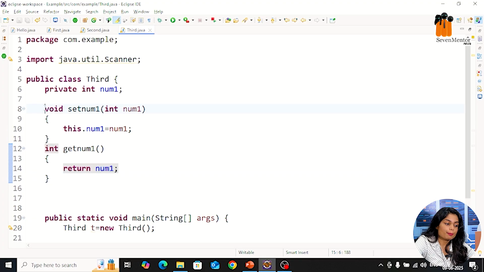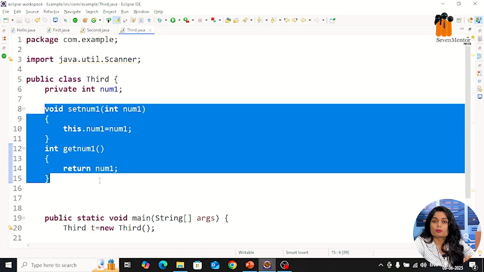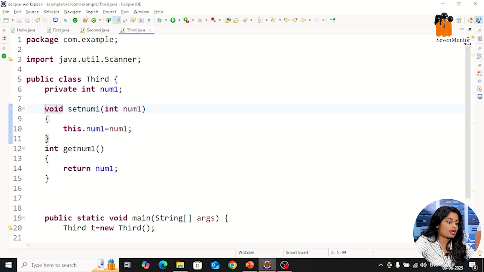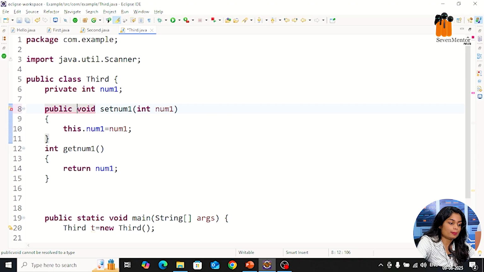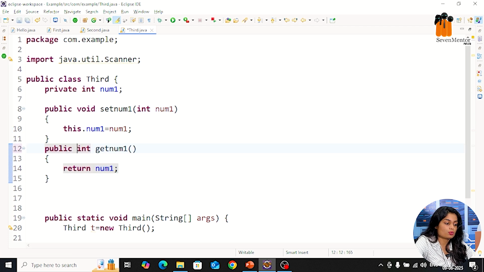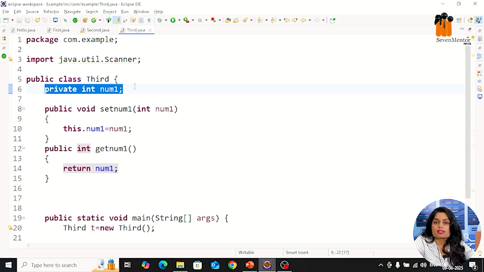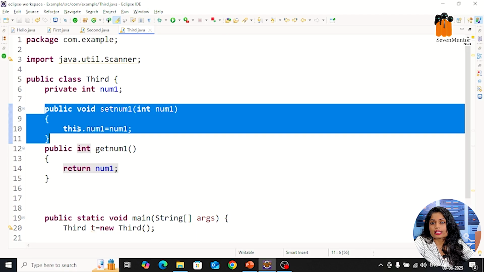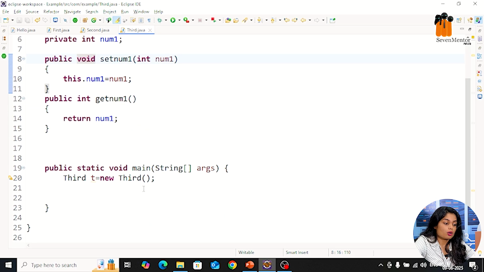Now always remember, your getter and setter methods have to be in the public access specifier. So that's why you just have to mention public here: public void getName and public void setName. So that's how you can use it. Simply, the public access specifier will do that. So what will private do? It will just hide the data, and with public we can access the data which is hidden using a private access specifier. Now we need to call the methods.